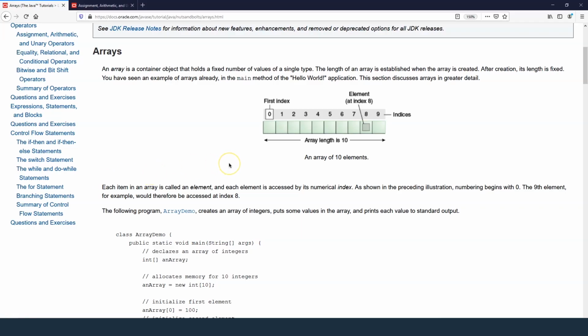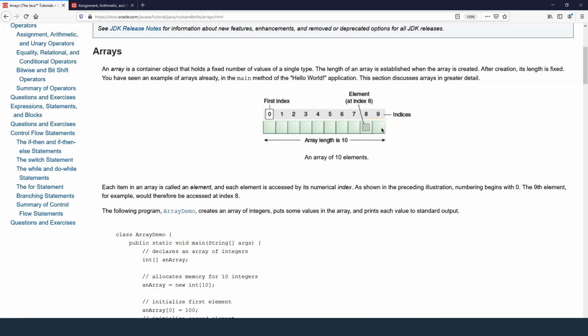As I described earlier, an array is basically a container which can store a sequence of values, or a sequence of numbers or characters, into itself. We can think of it as a box which can store all the values in a continuous fashion. As you can see here, this is just a pictorial representation, coming from the official Java docs. If we create an array of size 10, then we have these 10 blocks created here, 1 to 10th. So the number of boxes here is 10.